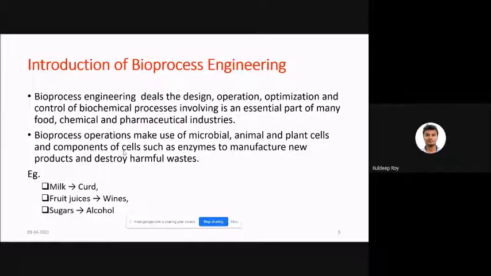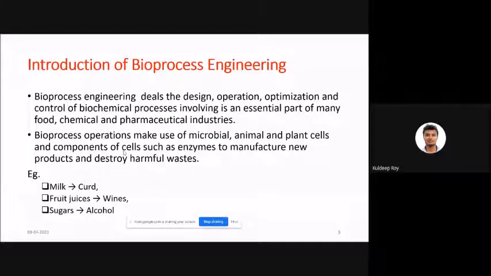For that, if you are dealing with any kind of reactor, it has some microbe and some substrate, like any kind of glucose or sucrose you add to feed that microbe, then it will grow according to its size. Then at that time it will give some kind of product. It can be anything, your value-added product, or some byproduct also, which has a higher value.